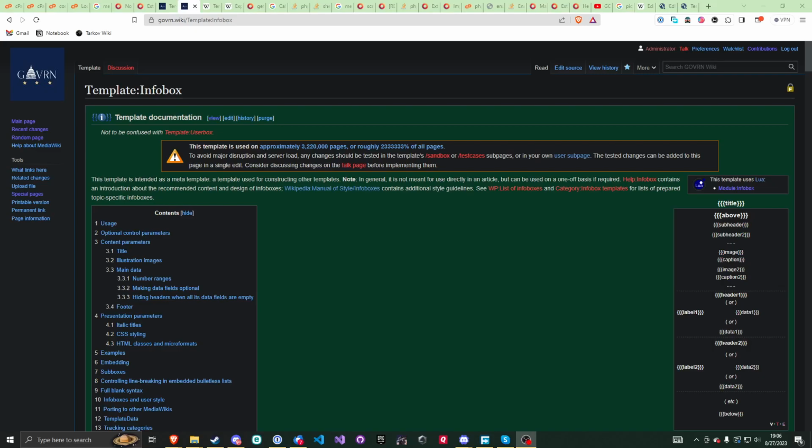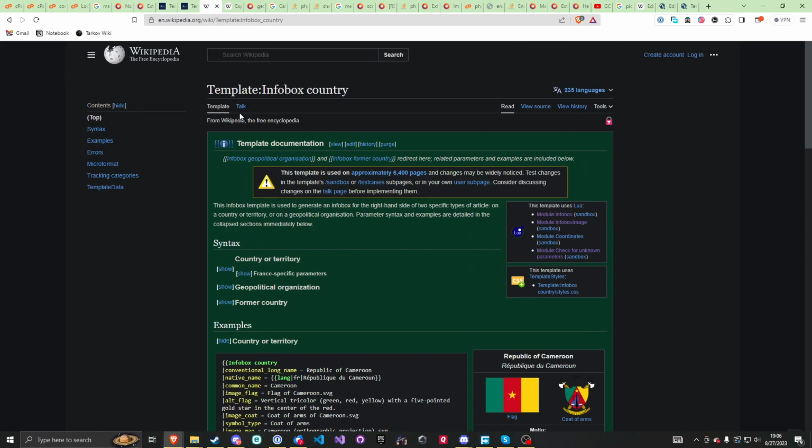Hello and welcome to the next tutorial where we're going to talk about making your own custom info box or editing existing ones. We're going to teach you how to use the base info box template here to create your own info box that will have your own custom layout. We're going to follow it similar to that of the